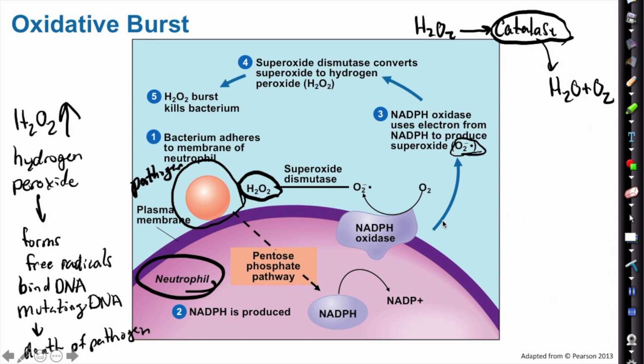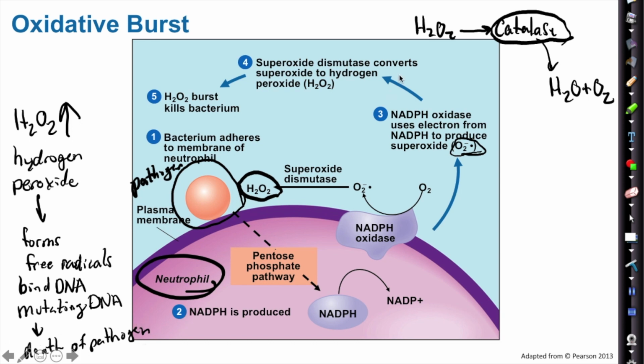So when a neutrophil arrives on site, it can do phagocytosis, but can also do something like an oxidative burst. An oxidative burst creates hydrogen peroxide. That hydrogen peroxide forms free radicals, which are called ROS, the reactive oxygen species. They bind to DNA, mutating the DNA. If you create a lot of hydrogen peroxide, which is what happens during an oxidative burst, it will bind to a lot of DNA, causing a lot of mutations, with the goal that those mutations will then cause the death